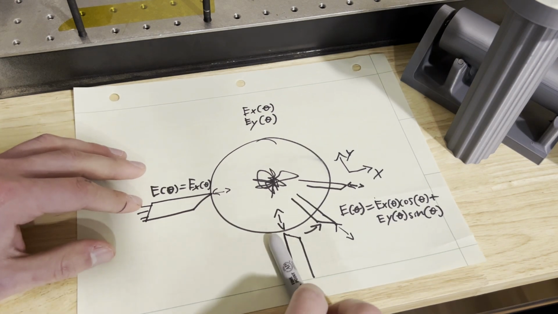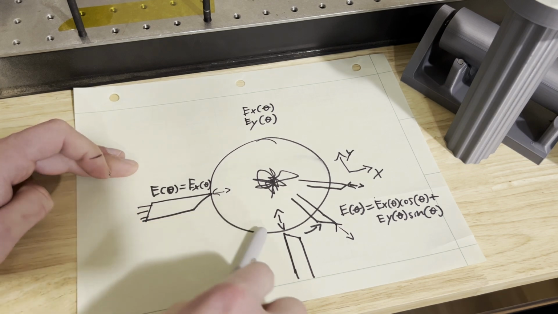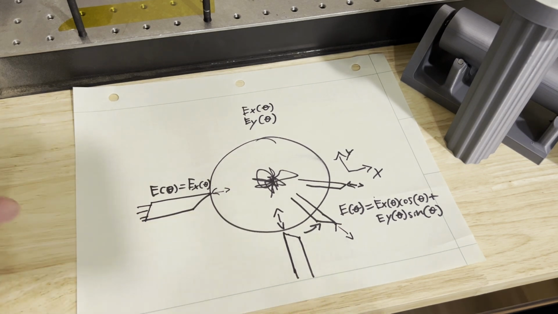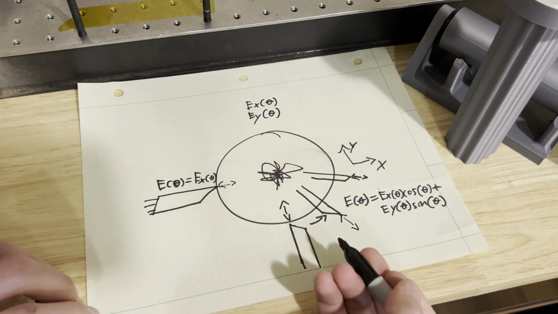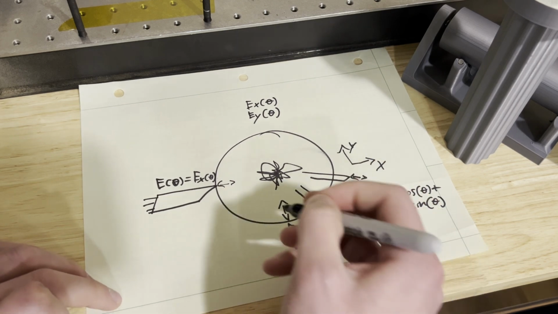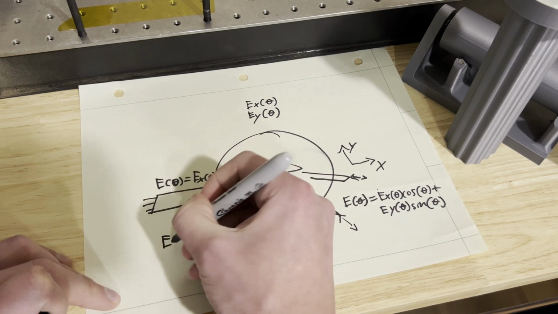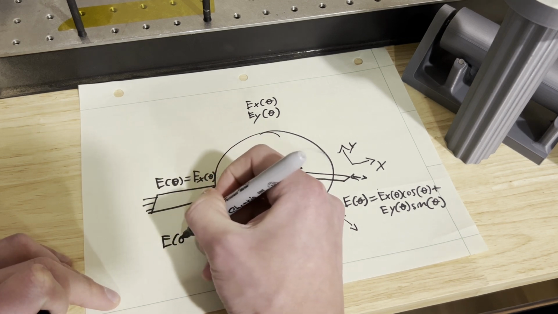And so for any arbitrary orientation angle in between, and we'll call that angle phi, our observed error motion is going to be now defined as